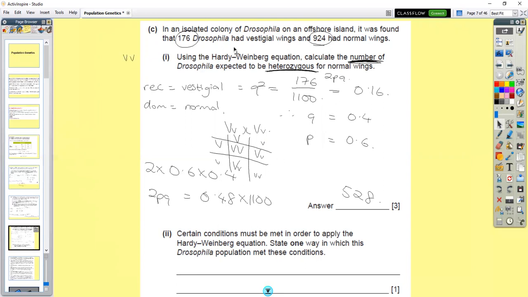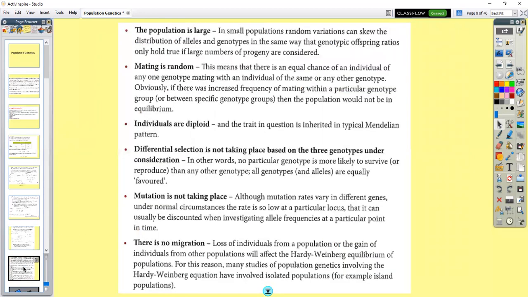And then we'd have to take, because they're looking for the number of Drosophila, 0.48 times the total, 1,100, which would be 528. Okay. They often ask about the conditions that are required for the Hardy-Weinberg equation, and those conditions are, you can